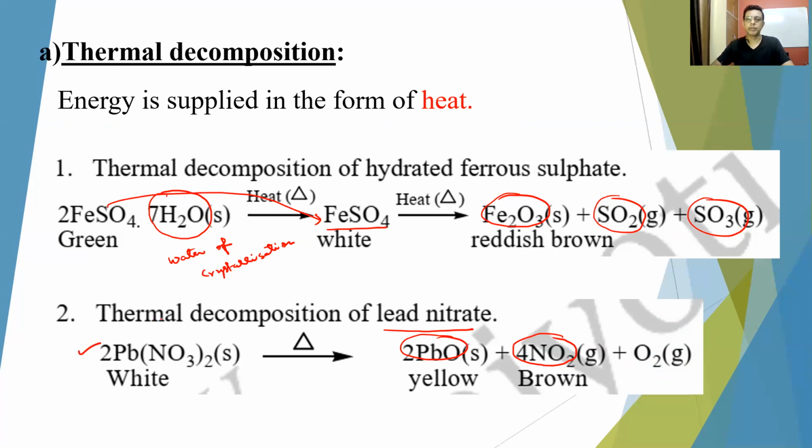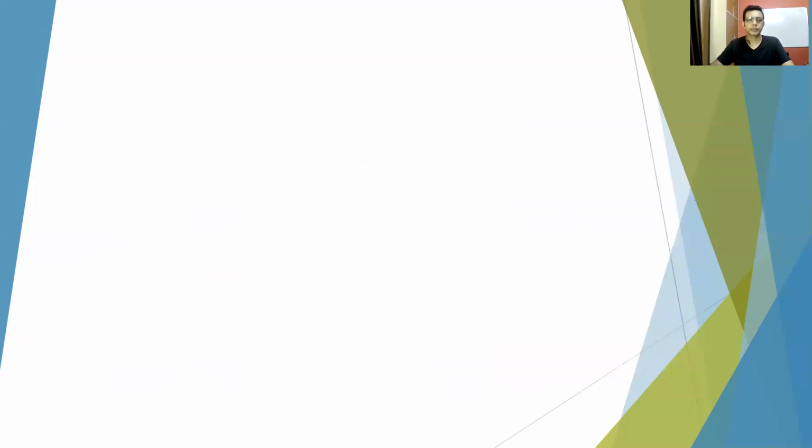Now these colors of the compounds are very important to remember for you all. But when you go to a higher class, you'll get to know why some compounds are colored and why some compounds are not colored. This is all related to absorption of light by the compound. So when light falls on the compound, it absorbs the light, and if that light falls in the visible region, then it shows the color. And this all we'll study in higher class.